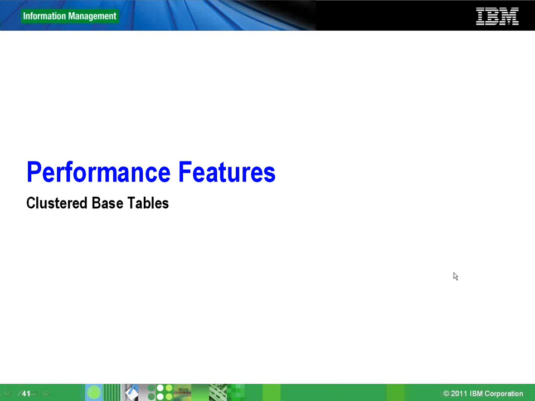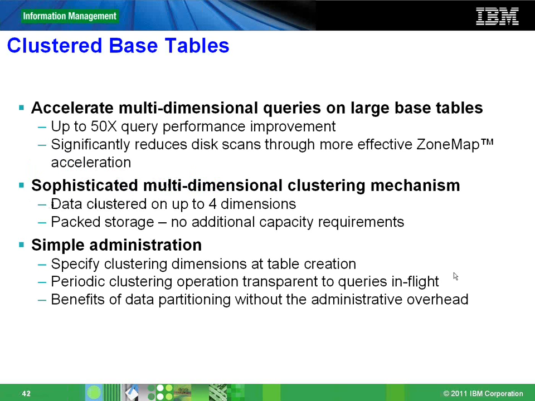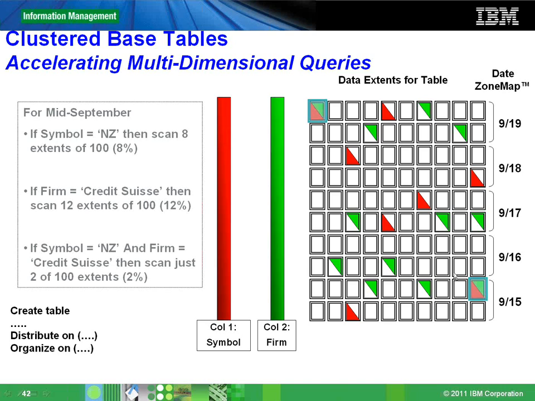Okay, we are on to our last performance feature, clustered base tables. So this might not be very new to a lot of people in the audience. There are clustered base tables in Oracle, DB2, and most other popular databases. So the Netezza clustered base table can have up to 4 dimensions. I'm presuming most of you know what clustered base tables are, so I'm not going to explain that. Let's talk about this with an example. This is a good example to talk about it. I'm on slide 43.